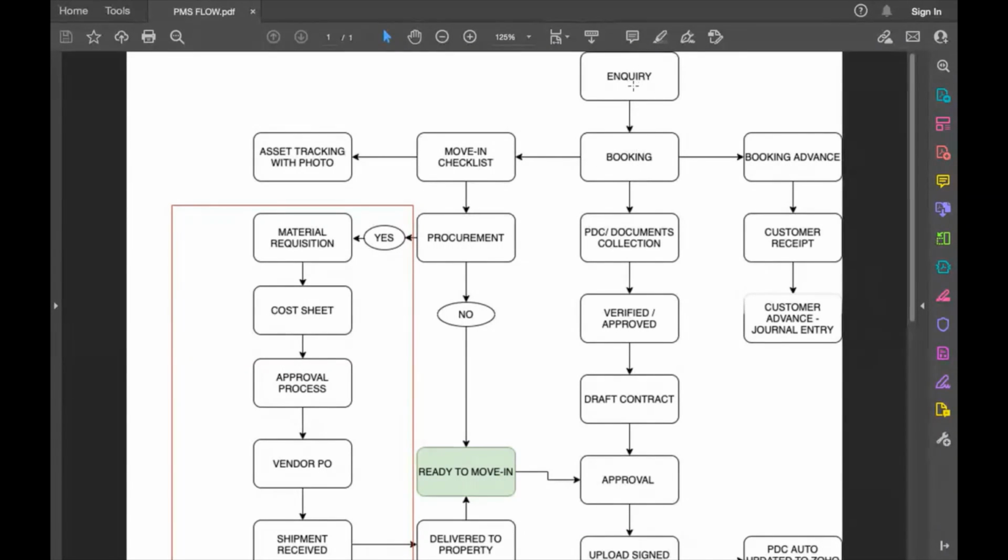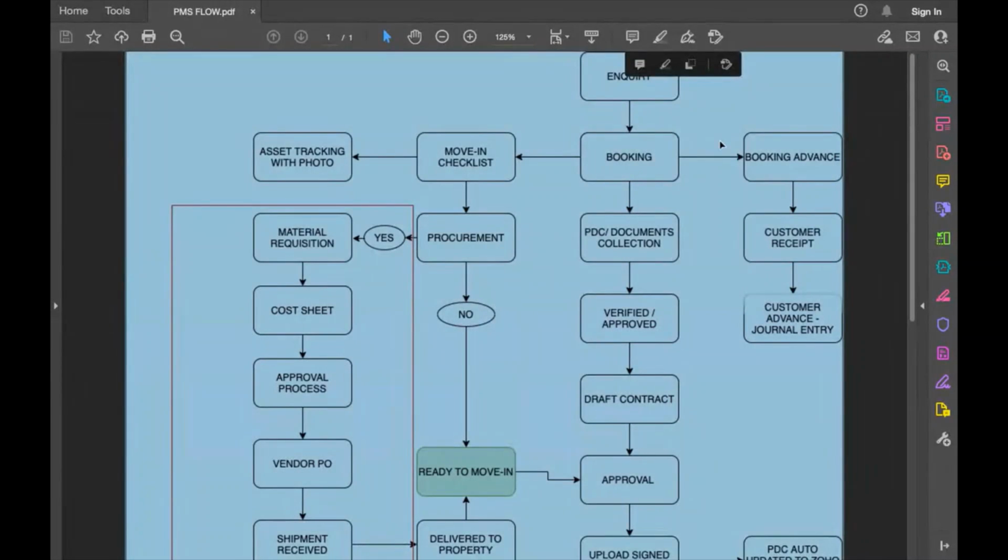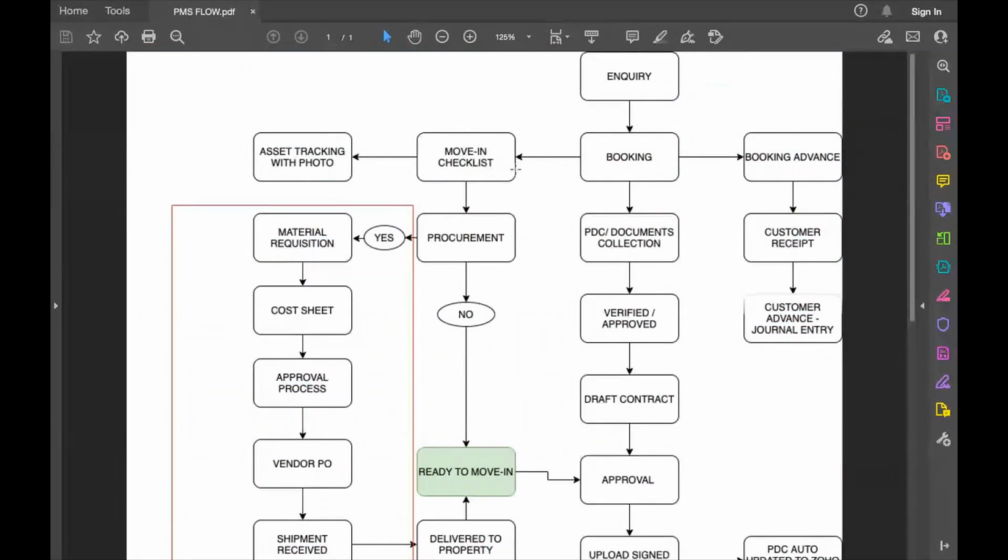The other flow is when, simultaneously, while this is happening, we have the move-in checklist. For example, when a particular unit is marked as booked, a notification is immediately sent to the maintenance team. They have to get into that particular unit with a checklist that they have in their mobile application, which is again built using Zoho Creator.